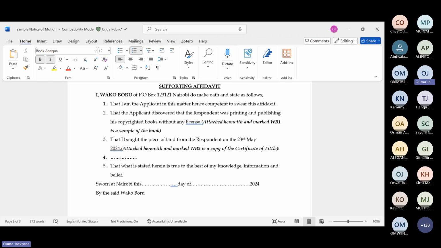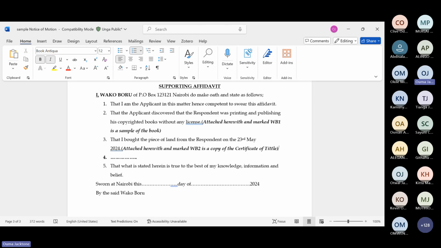No, you look at the name of the applicant. The initials of the applicant will become the marking system. But if you're not given the name of the applicant, which will be rare, you can use any word, so long as it is consistent. You can say A1, A2, A3, A4, C1, C2, C3. But normally the initials of the applicant will be the marking scheme. So WB1, WB2, WB3. That is how you adduce evidence.